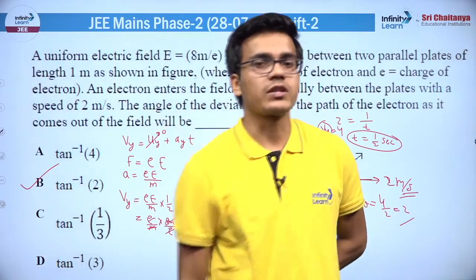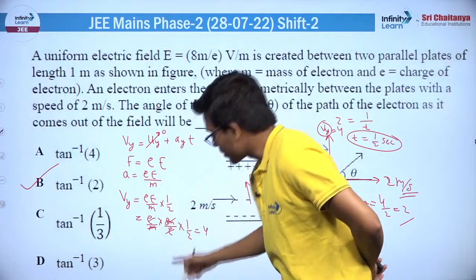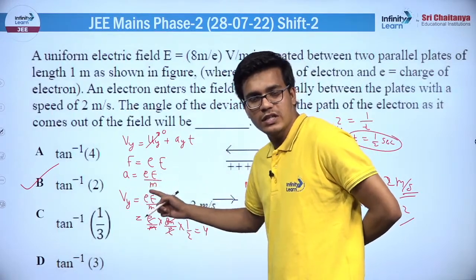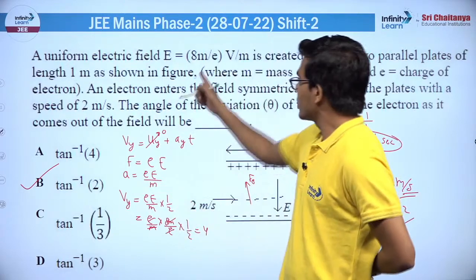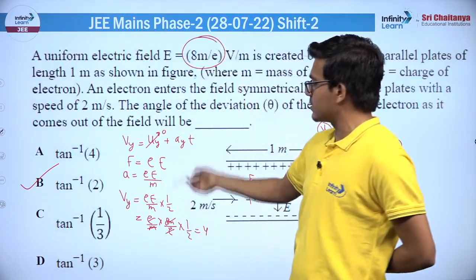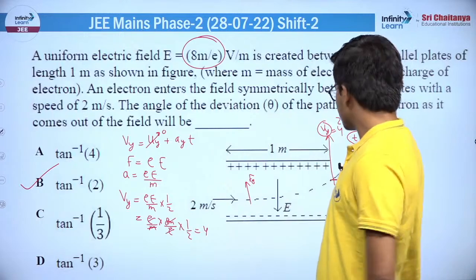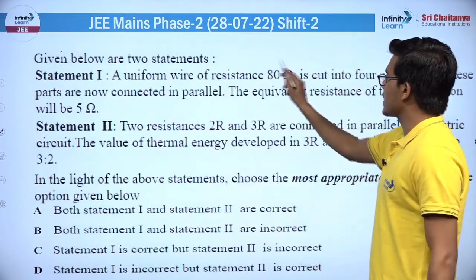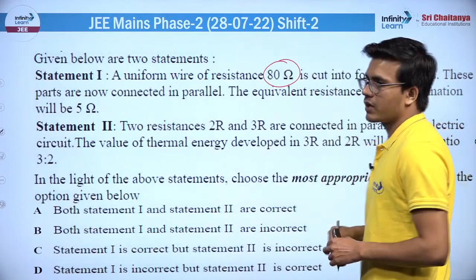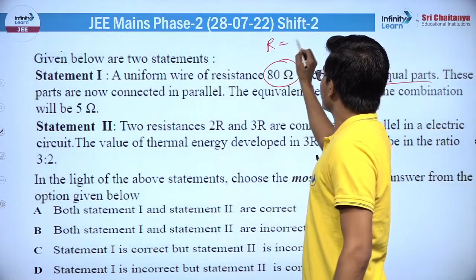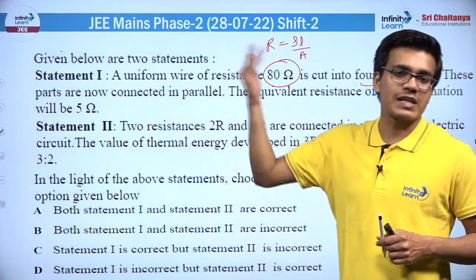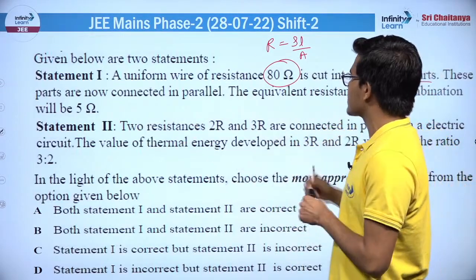Such a simple question, because in NCERT you will find there is so much calculation, since you have to put capital E and m, but here the electric field is already given in terms that you can cancel them. So this is an easy question, I would say. Moving to the next question, a uniform wire of resistance 80 ohm is cut into 4 equal parts. You know that resistance is given by rho L by A. So if you cut into 4 equal parts, length becomes 1 by 4,